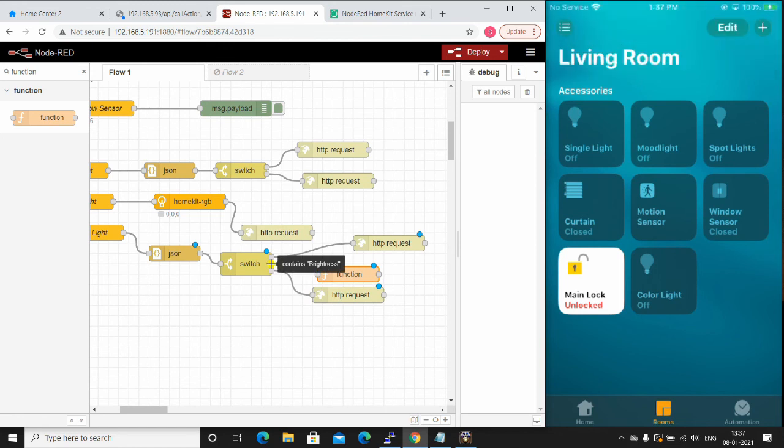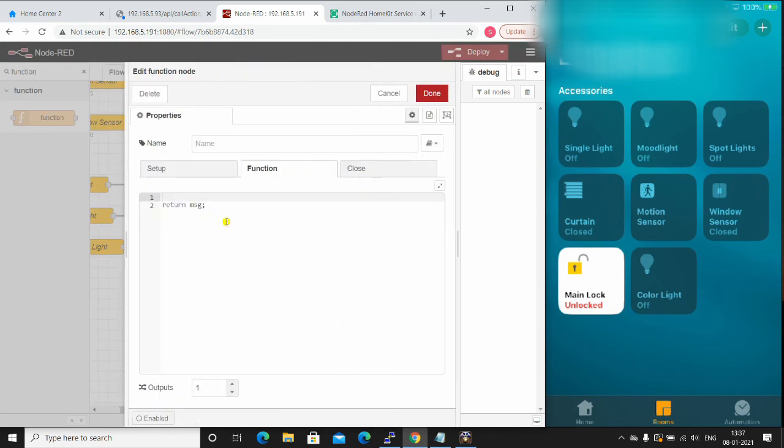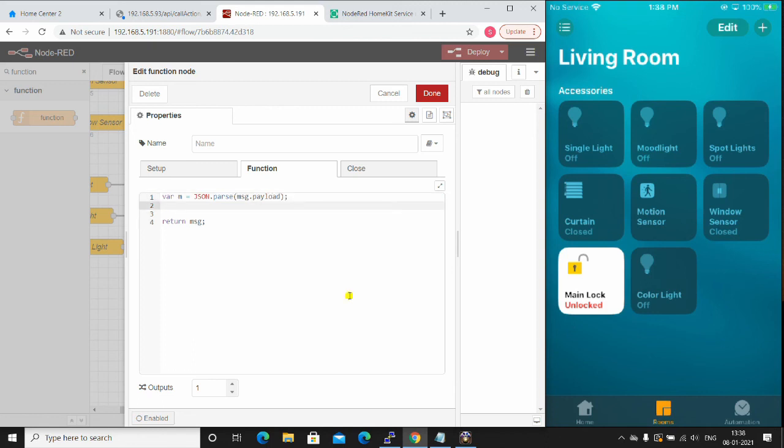For the brightness condition, I need some more work to be done on the payload, so I'm just putting in a function. Just 2 lines of code needs to be written. I'm going to parse out the payload, and I don't need the rest of the payload, I just need only the brightness parameter.